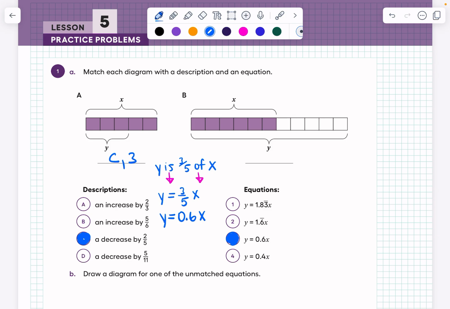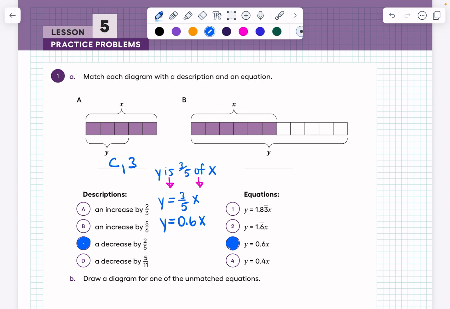Now on B, let's talk about B. As you can see, x is smaller than y, okay? So let's count. 1, 2, 3, 4, 5, 6, 7, 8, 9, 10, 11. So it's been chopped into 11 pieces, and of those 11, x is 6 out of the 11 pieces. So let's start off by saying x is 6/11 of y. Okay, and we all know that is means equals and of means to multiply, so this is